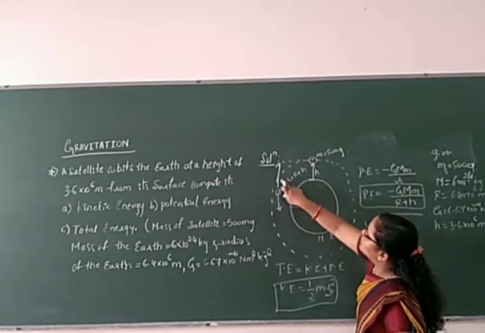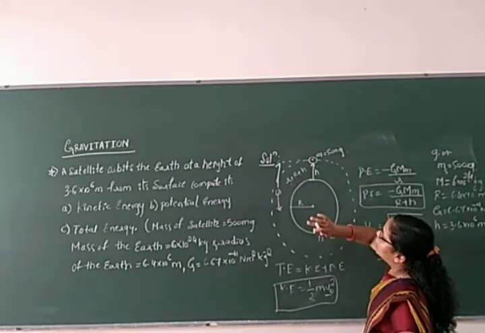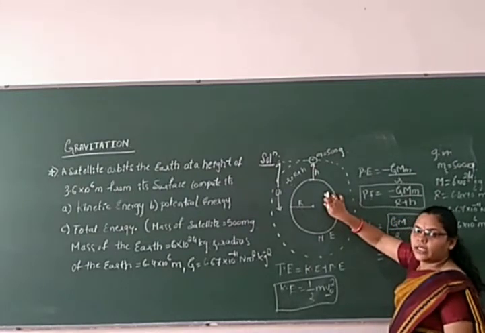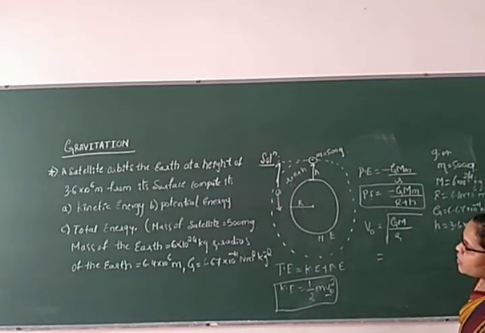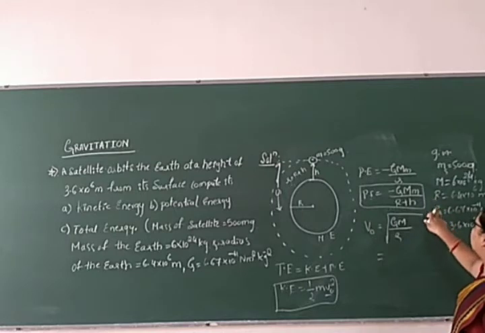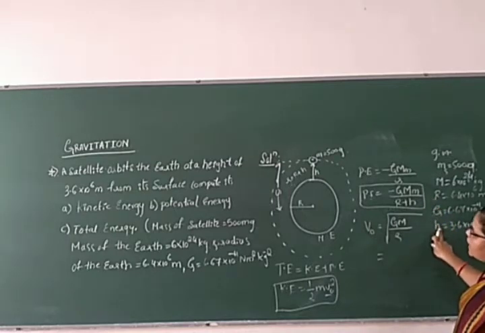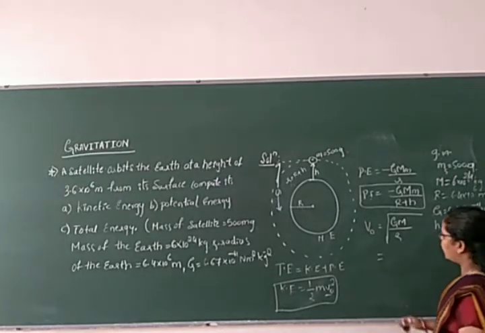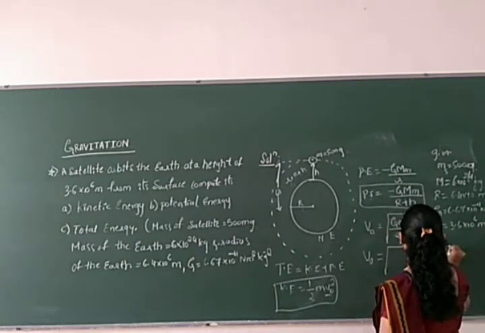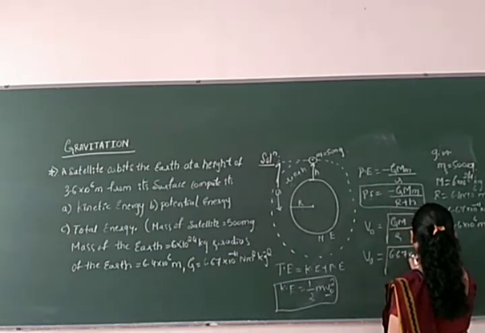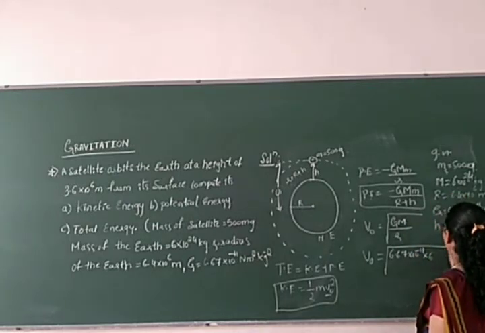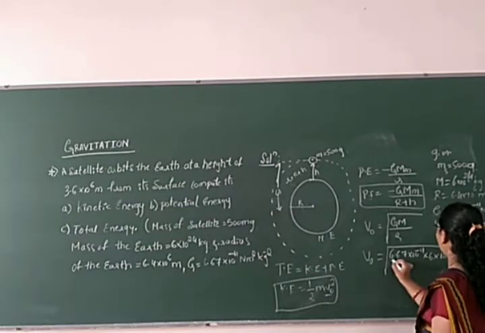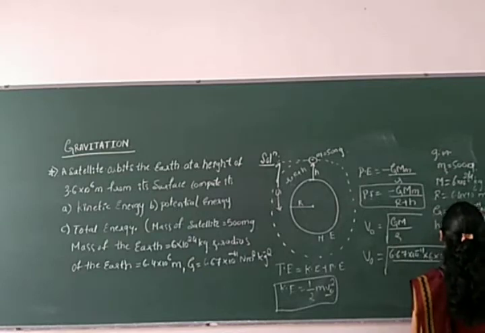So we need to find out the small r, that is the radius of the satellite which executes the circular motion, revolving around the earth here. Now mass of the earth is given, radius of the earth is given, the gravitational constant is given, h, height from the surface of the earth, is also given here. We need to find out the orbital velocity here. So what is g? G is 6.67 into 10 to the power minus 11 here. Right? Mass of the earth, that is 6 into 10 to the power 24 here, divided by r. Small r we have to calculate here.